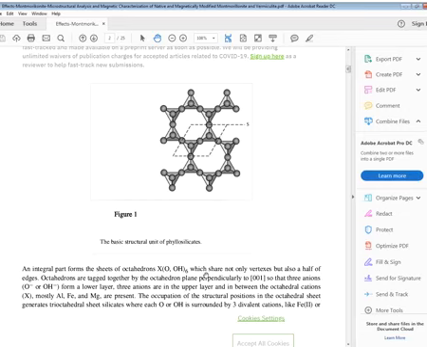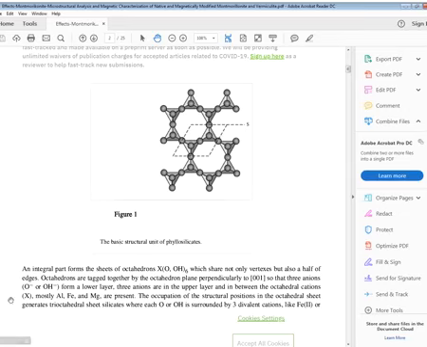An integral part forms sheets of octahedrons which share not only vertices but also half of the edges. This is a vertex, and the edges, you see, this is half of these edges. Internally, this is an eight-sided figure: 1, 2, 3, 4, 5, 6, like that. The octahedra are stacked together by octahedral planes perpendicular to 001. These are octahedral planes perpendicular to 001, and so that